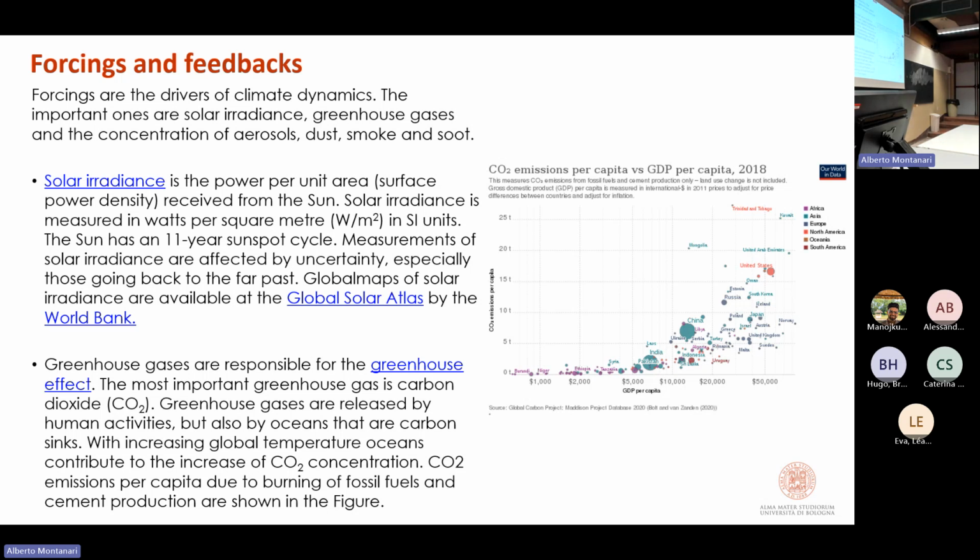Because the magnetic field is acting like a screen against the direct radiation of the sun. So there will be one day when the Earth system will die, like it happened over Mars. Today we know that over Mars there was a water cycle, there was water, a lot of water, there was an atmosphere. Maybe there was also life, we still don't know, but for sure there was water.